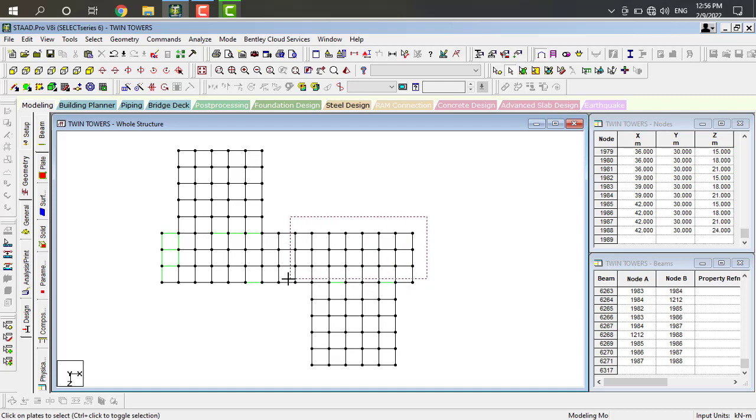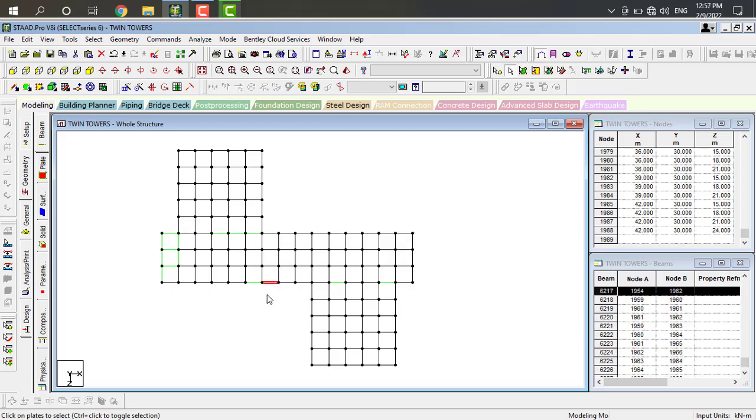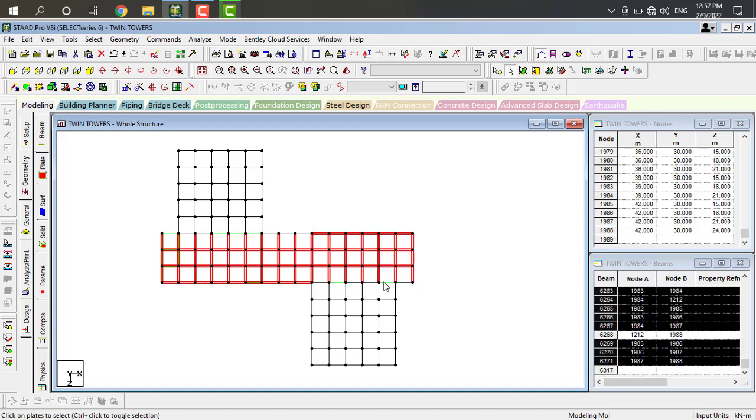I want to select all these beams, and it is in this also. Sorry. Just select these extra beams, like this.